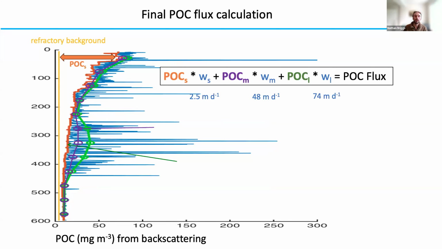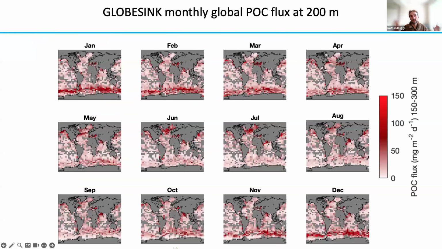Okay, so now we have a final POC flux calculation. We've subtracted this refractory background so that our small labile POC that we think might be contributing to the flux, that's the difference between our smooth of small particle filter and the refractory background. And then the difference between the sort of orange and purple is our medium particles. The difference between purple and green is our large particles. And then we can add up each of these contributions to flux, and we get our final flux value from each float that we then grid again,